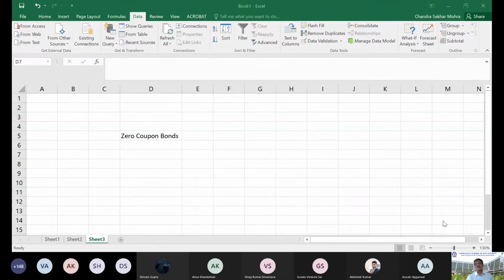They will say you deposit 1,000 rupees and you get 1,300 at the end of 4 years. So there is no coupon you get in between. You finally get a maturity amount, a lump sum big amount. Why is it useful? As I told you, bonds have different features to cater to the needs of the investor. Who will like this zero coupon bond? What purpose can you use it for?